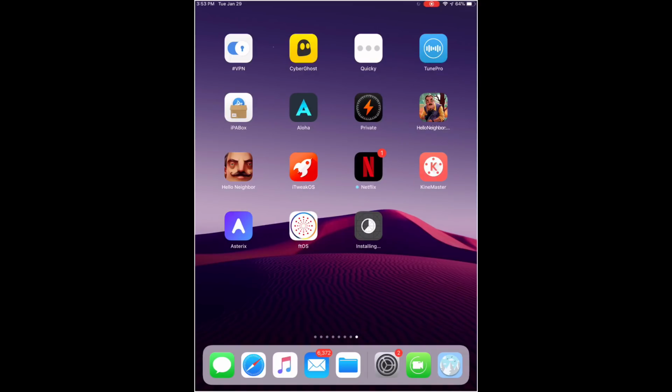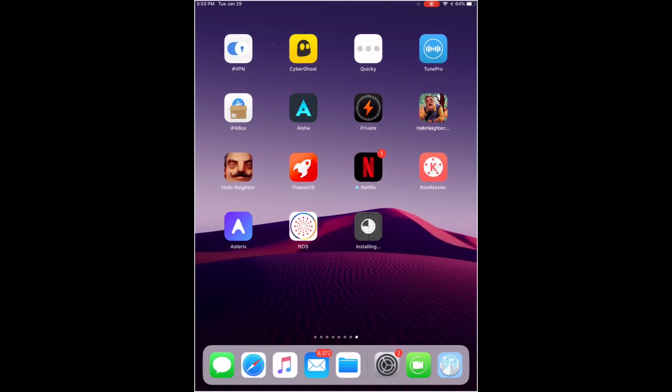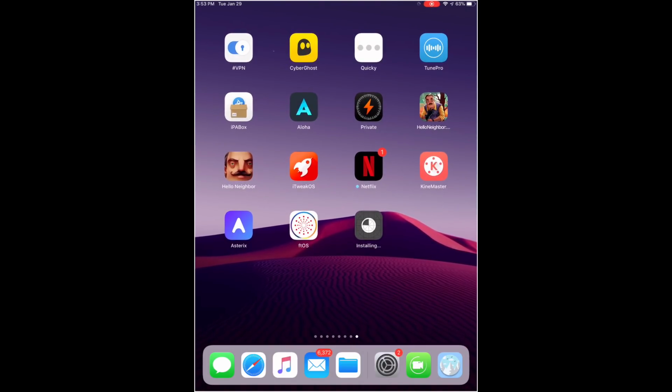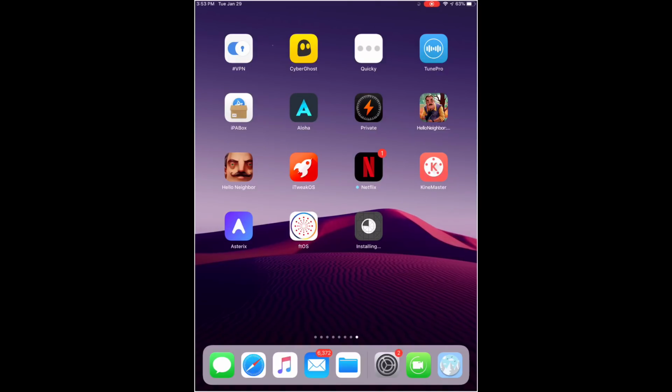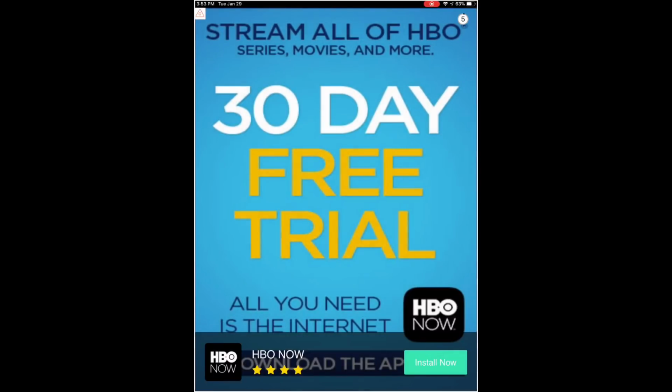Should be installing. Takes a while to install, so just be aware about that. Once installed, open it up. You probably don't need to trust it, but you might need to, so do the same thing I showed you on App Valley. And you hit thanks, and then I'm already signed in on Facebook, but